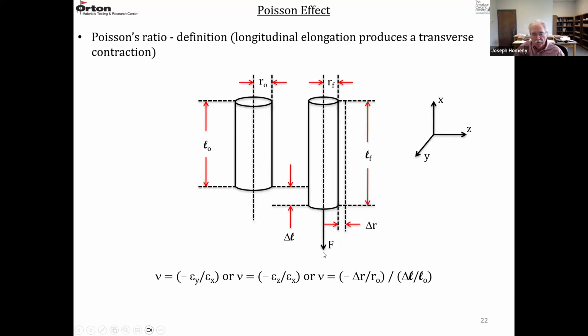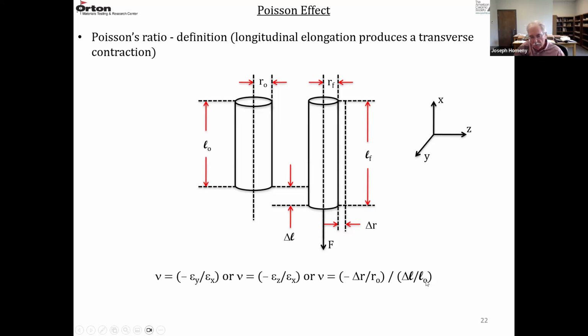So we apply a force to the cylinder. It elongates, it becomes longer, but then the radius becomes smaller. So we have a final radius RF and a final length LF. These volumes are basically the same. Since the volume has to remain the same, if we elongate it, the radius has to shrink. So we have a delta L for the change in length and a delta R for the change in the radius. So nu